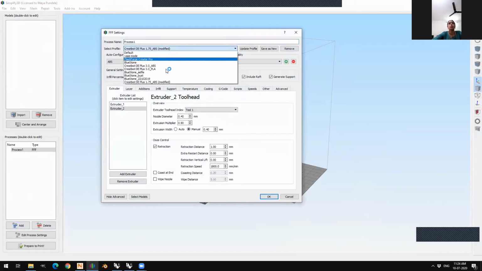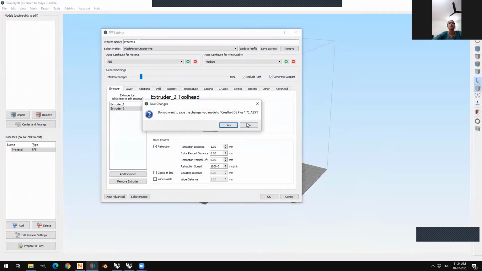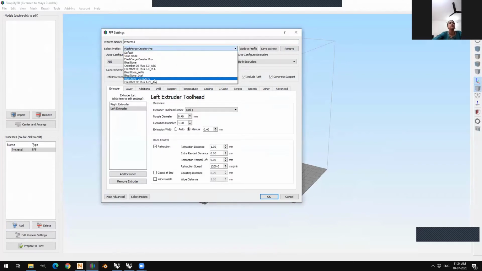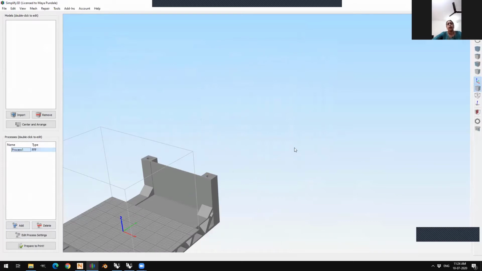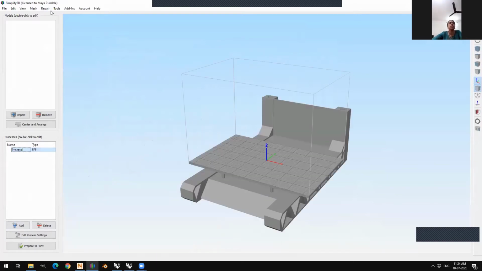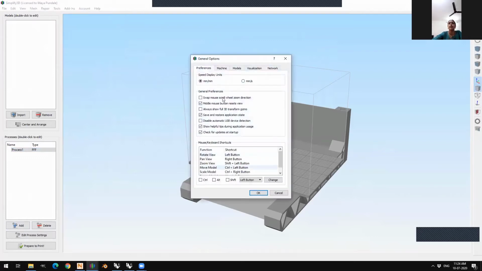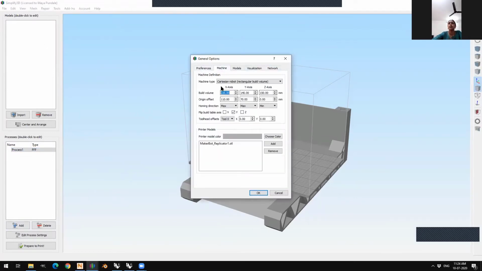Here I'm supposed to choose which is the machine that I want to use. So here, let me use this one. Basically, what this machine tells is what is the size of your machine. So I have specified what is the size of my machine.